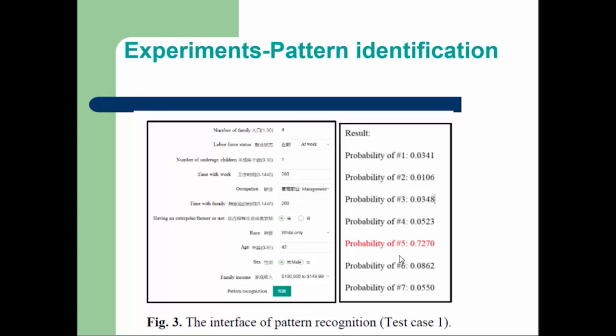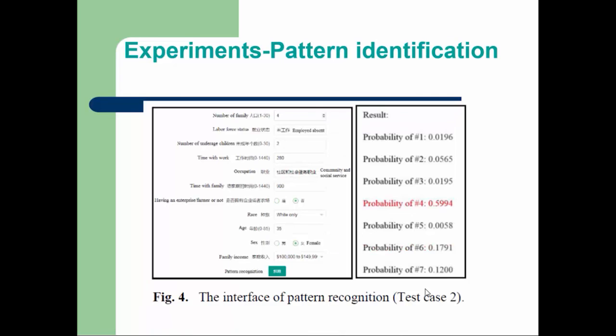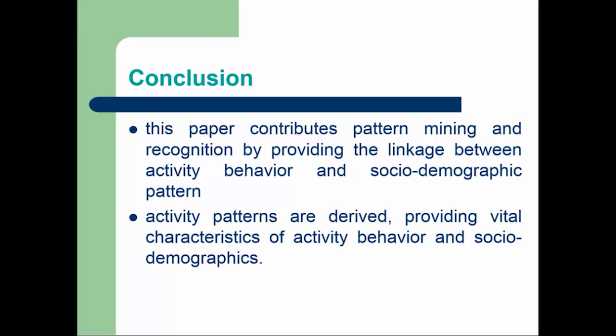We can see that the largest probability that test case 1 is recognized as pattern 5 is 0.7. Test case 2 is a typical housewife. We can see the largest probability that test case 2 is recognized as pattern 4 is 0.5. In conclusion, this study contributes pattern mining and recognition by providing the linkage between activity behavior pattern and social